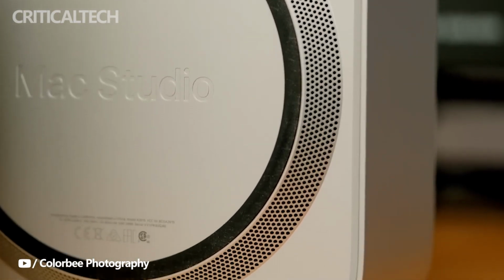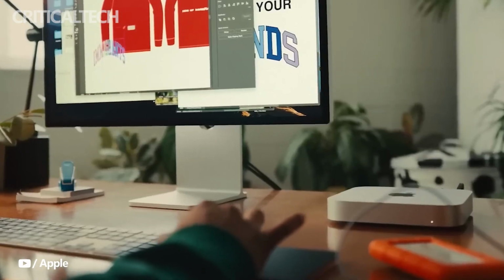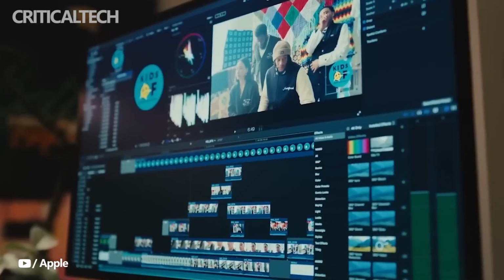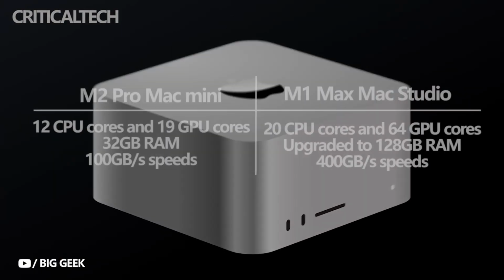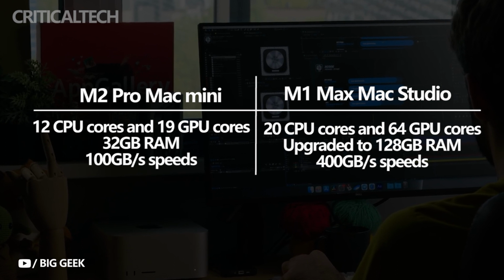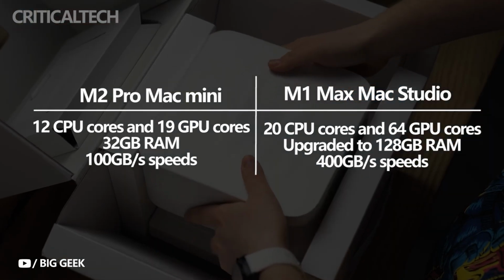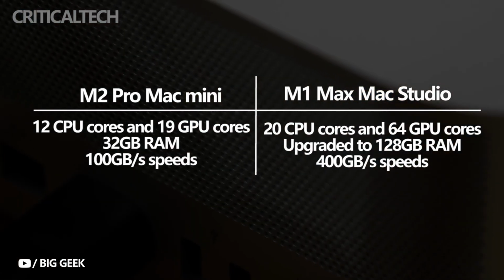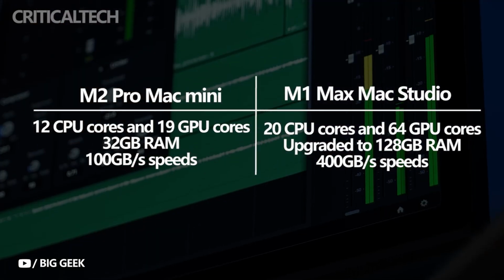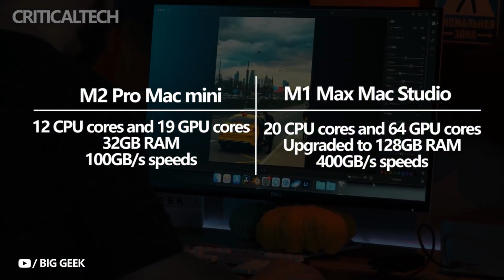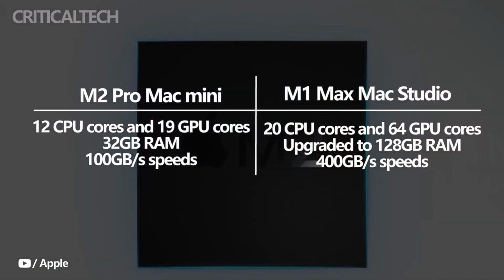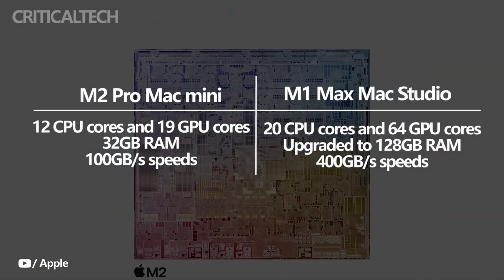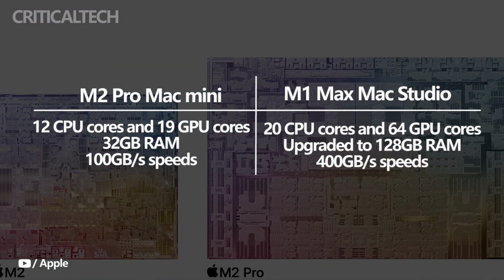The M1 Max or Ultra chip used by the Mac Studio offers superior performance even when compared to the M2 Pro. The SoC with up to 12 CPU cores and 19 GPU cores can be specified for the M2 Pro Mac Mini, to put things in perspective. On the other side, an M1 Ultra chip with 20 CPU cores and 64 GPU cores can be set for the Mac Studio. The Mac Mini's maximum memory capacity is 32 gigs, however the Mac Studio's memory capacity can be